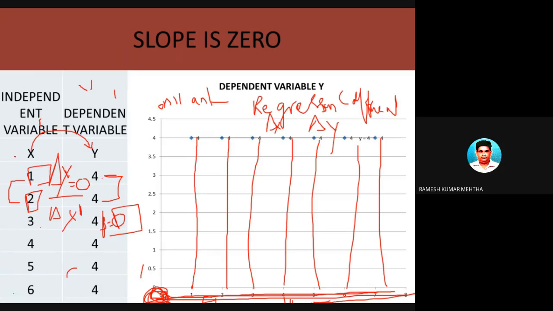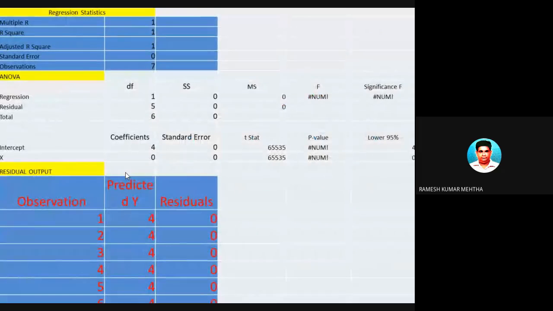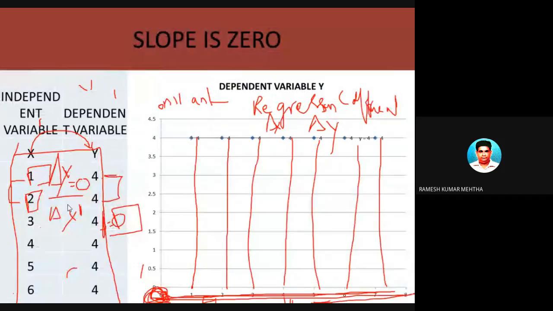So if I conduct a regression on this data, as I showed you in my previous class, how to conduct a regression in MS Excel, you will get an output like this. This is the output. So this is the constant, and this is the x coefficient on y. Just now I showed you. This is a constant, I told you, because it's the value of y when x is equal to 0.